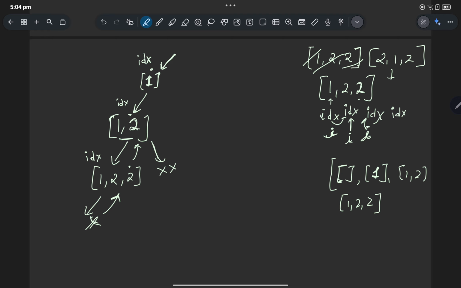Then we will not do anything and we will simply return from here also. After this there will not be any cases, because we have already checked all the cases. Then we will again return from here. Okay, now what we will do, we will simply pop, because we have to